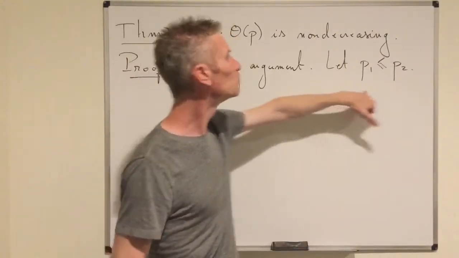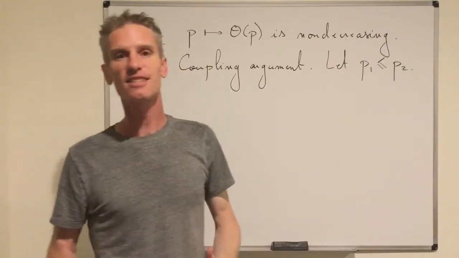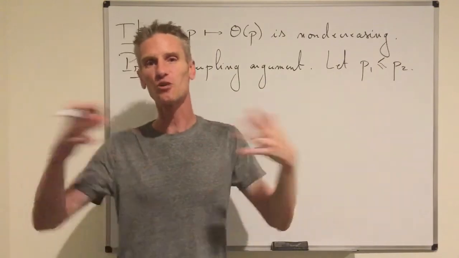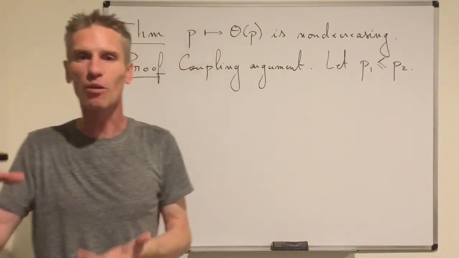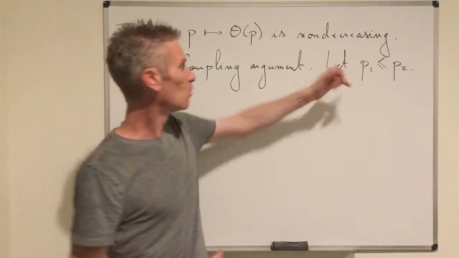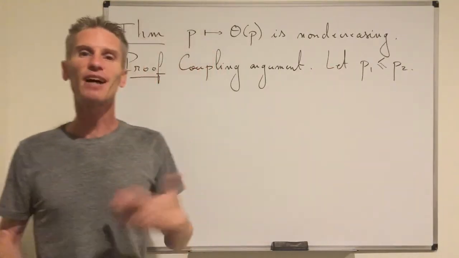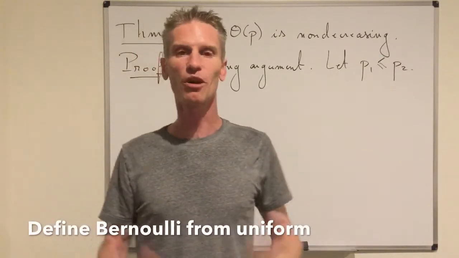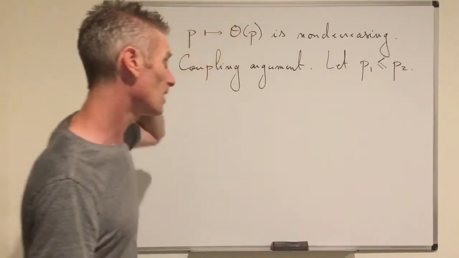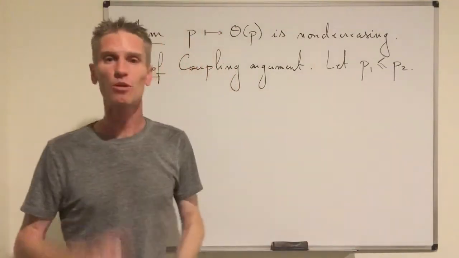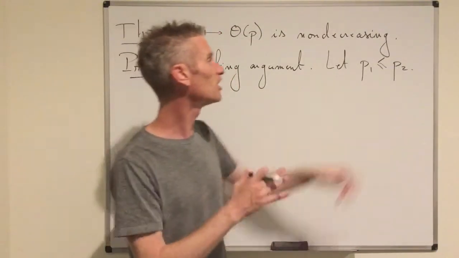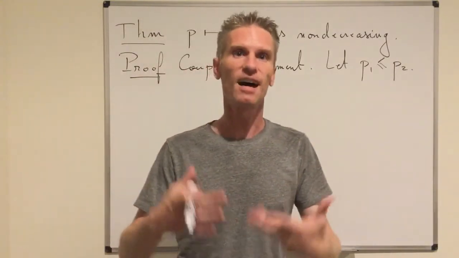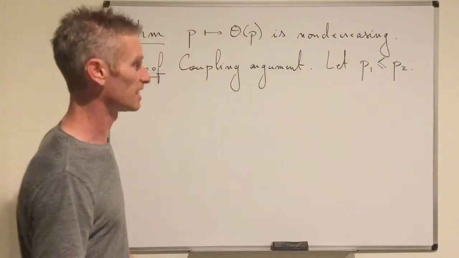So what we need to do first to do this is just another coupling argument, but not for the whole process, only for Bernoulli random variables that are independent. And one natural way to define a Bernoulli random variable is by using a uniform random variable on the interval 0, 1. And by using the same uniform random variable for each edge, for both processes, eventually we are going to get our coupling of our two stochastic processes.